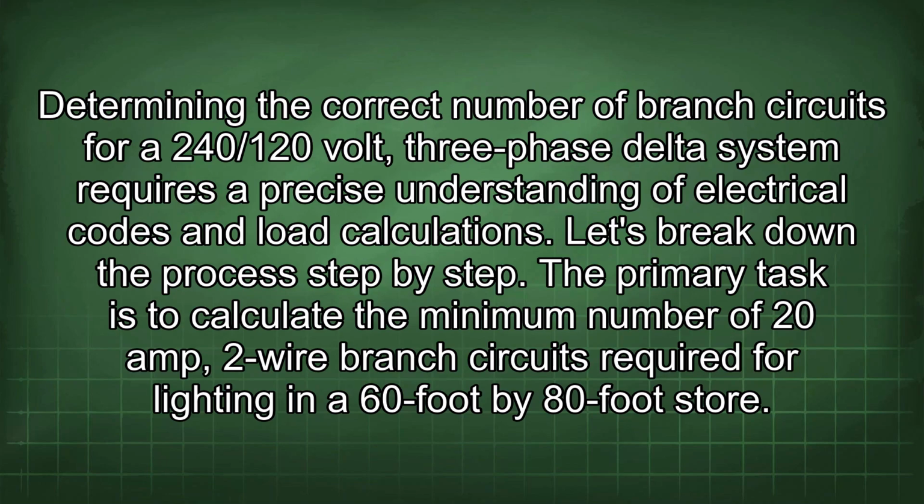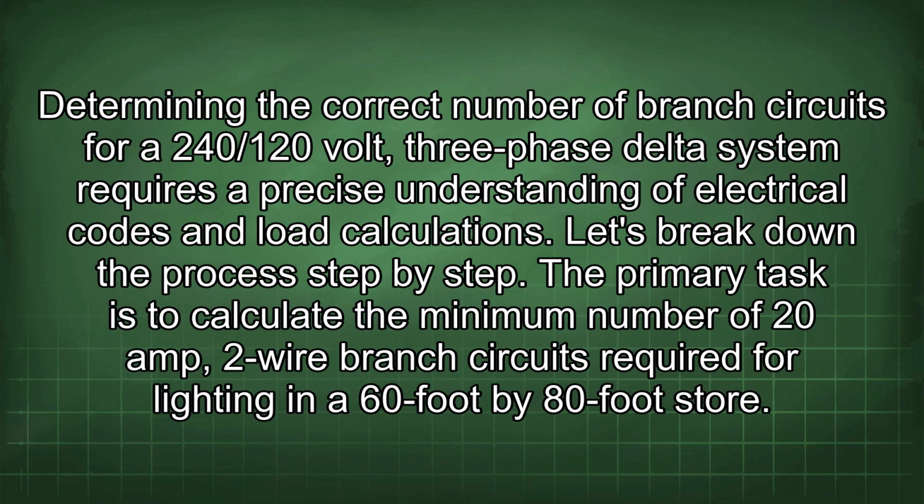Determining the correct number of branch circuits for a 240/120 volt three-phase delta system requires a precise understanding of electrical codes and load calculations. Let's break down the process step by step. The primary task is to calculate the minimum number of 20 amp 2-wire branch circuits required for lighting in a